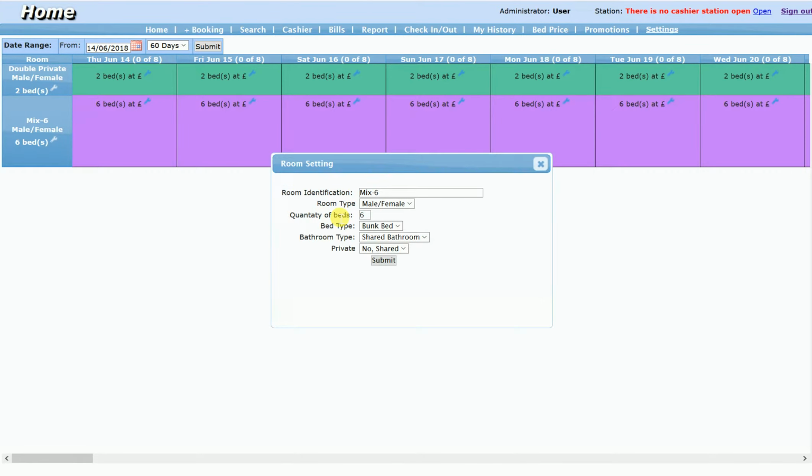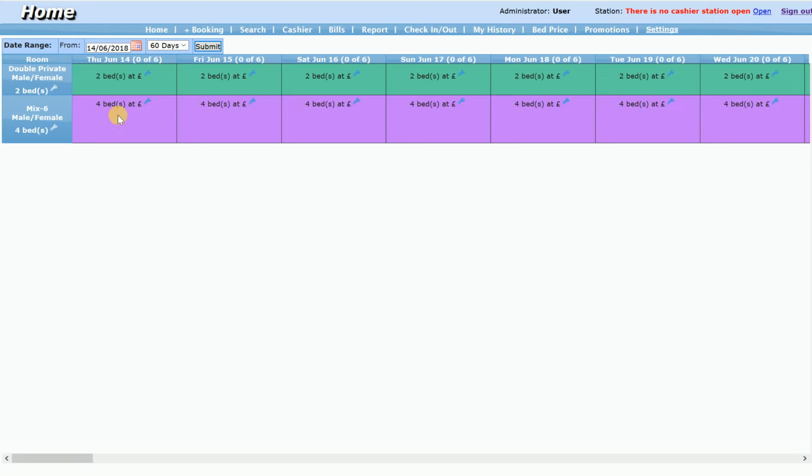Here the same. If you want to change the number of beds from 6 to 4, you will see it will change here, the size. So this size represents the number of beds. You will see it a little more clearly when I add some bookings here. I'll go through the process with you. I just want to show you here,